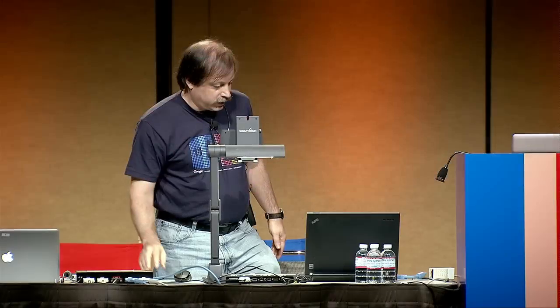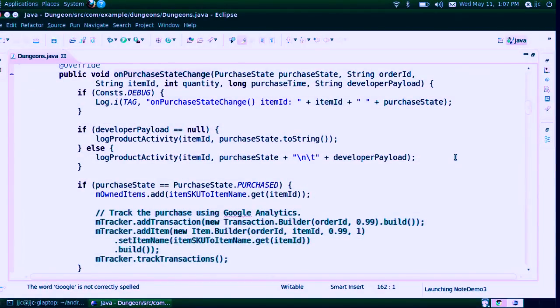If you've looked at the samples for in-app billing, there's the one called Dungeon, and I've taken that and made some modifications to make it a little more interesting and to add some tracking for e-commerce. So here's the key method. This is a callback on purchase state change, and it gets called when the transaction you've requested has been confirmed by the system. What I've done is add code to log the transaction in Google Analytics at this point in time. So if you look at the highlighted code near the bottom,